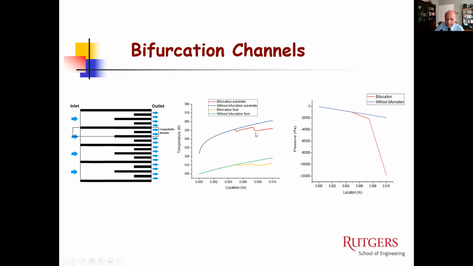Similarly, the temperature effects are seen here with respect to the changing geometry of this. The flow comes in here and then splits and comes in and splits. And because of that, these channels are much lower in width. You have much greater flow rate, much greater velocities, and you obviously have larger pressure drop occurring here, which you see here. And the temperature also shows that instead of going straight like this, the temperature effect is simply because at a lower speed, you end up with higher heat transfer coefficient and you end up with a lower temperature.